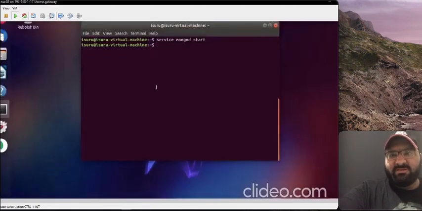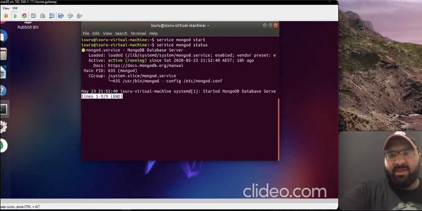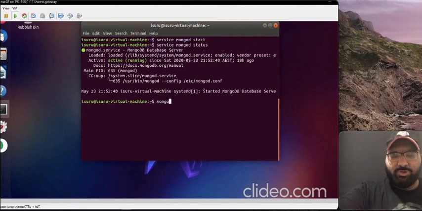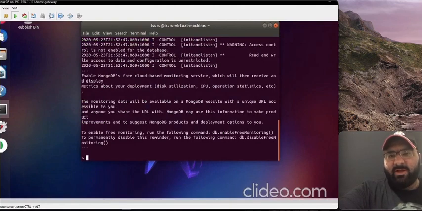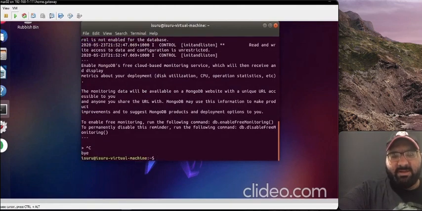To see the state of MongoDB, I'm gonna type service mongodb status. So now it's running. The green means it's running now. You can open MongoDB by typing mongo,